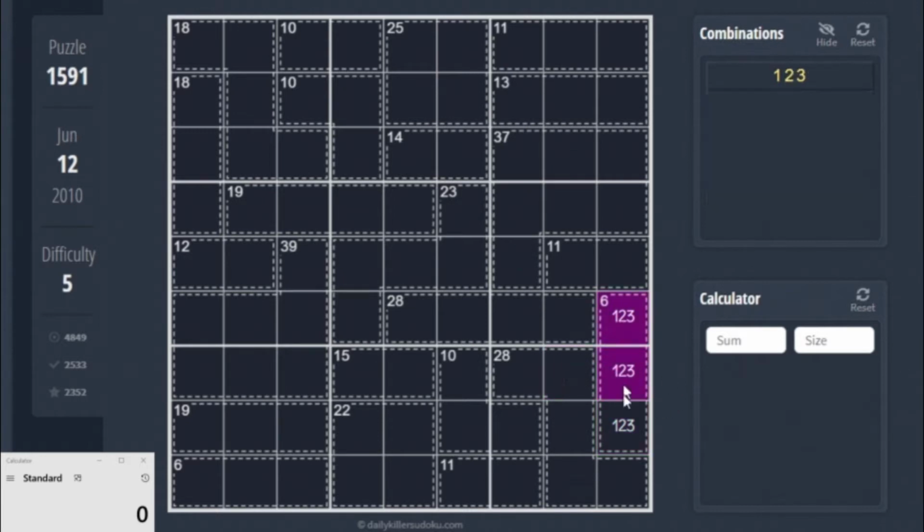Usually this kind of case or number is very useful at the beginning because it can help you to eliminate other candidates in a box or row or column. Right, we found another one. So this is the unique number or unique candidates that are usually provided by the puzzle maker. After we found all the unique candidates or unique cells,